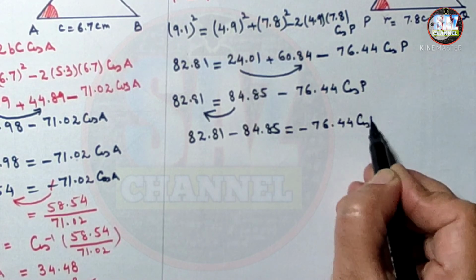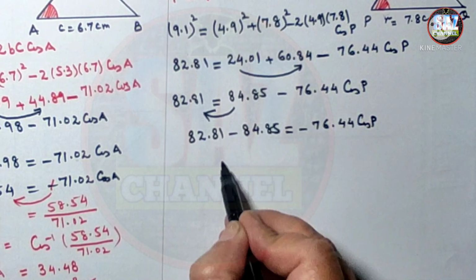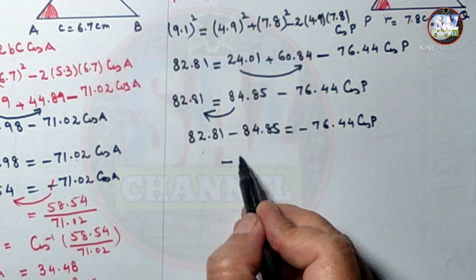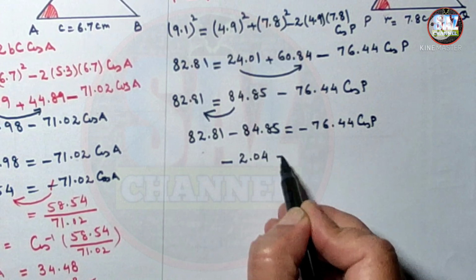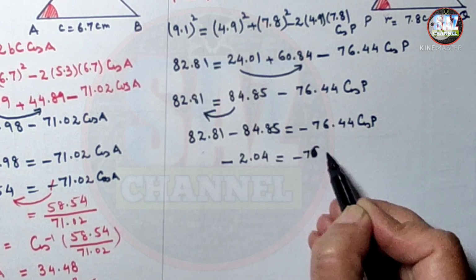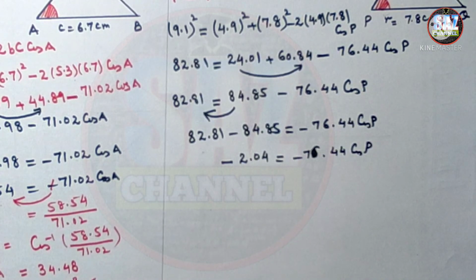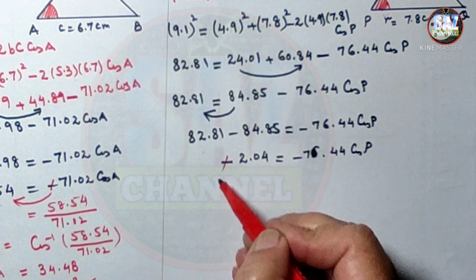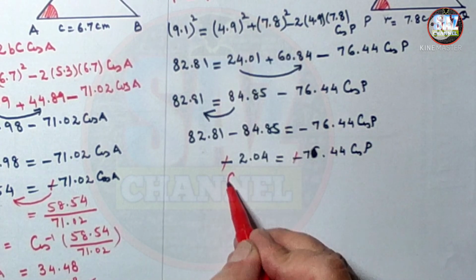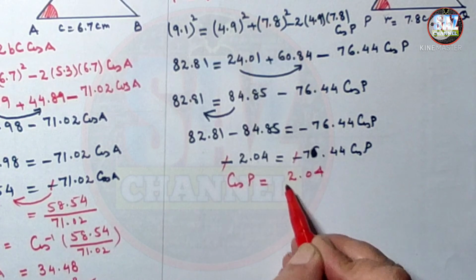76.44 cos of P. I have to take away 82.81 from 84.85, and this gives me, because 84 is bigger, 2.04 equals to minus 76.44 cos P. Now look, minus sign can go with this minus sign easily, and we will left with cos P equals to 2.04 upon